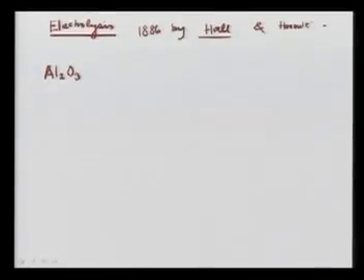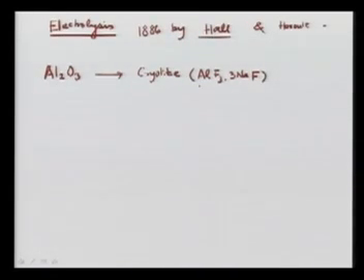The point was that Al2O3 can be dissolved in a compound we call cryolite. It can be dissolved in cryolite. And what is cryolite really? AlF3.3NaF. This is the cryolite. They said if they could dissolve Al2O3 in cryolite, or let's call it molten cryolite,